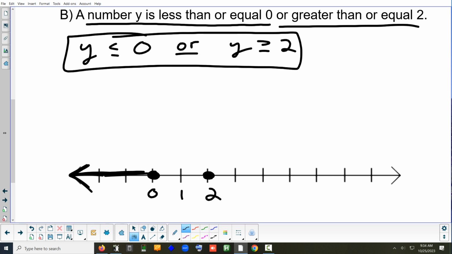And it's going to go to the right. And there you go. So, "or" is opposite directions, and "and" is when you go between. Okay. Any question on that one? All right, let's